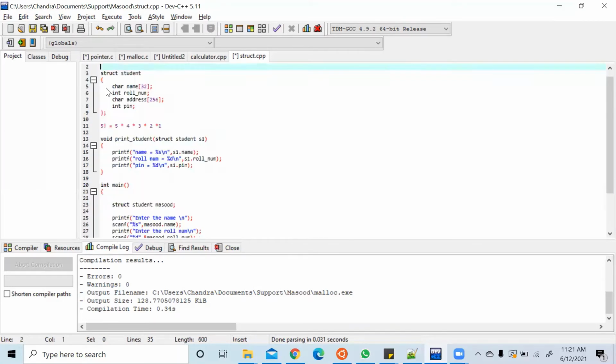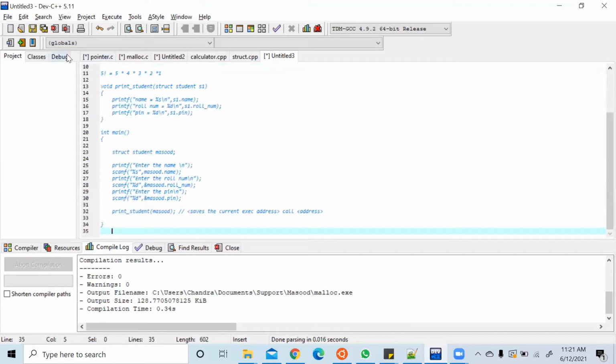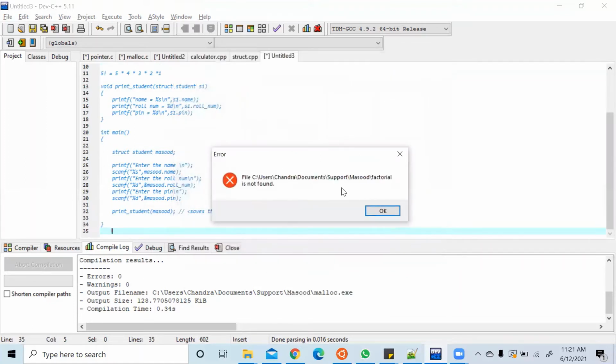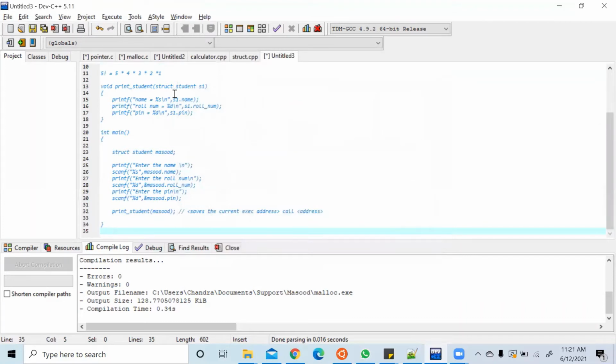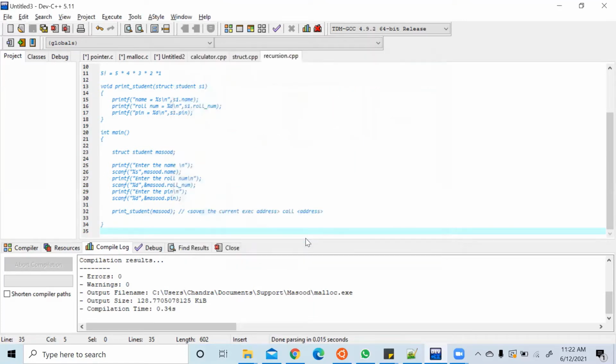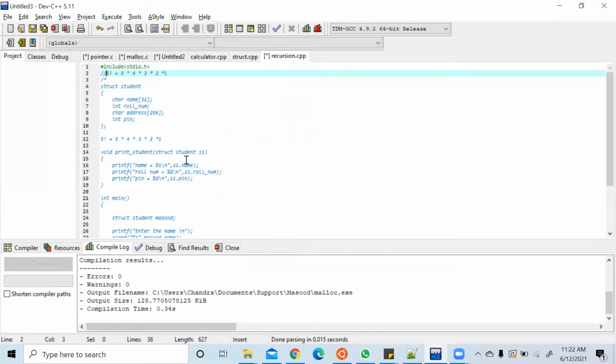Let me copy this and name it factorial, a piece of C file. Let me add a comment here: Factorial.